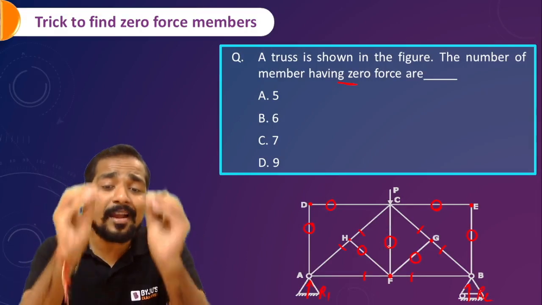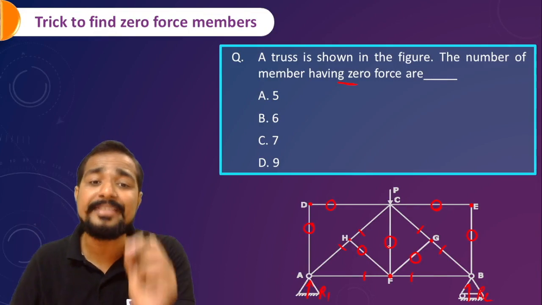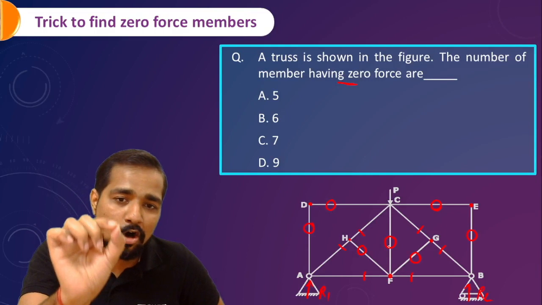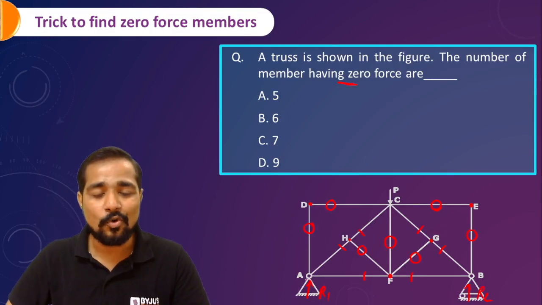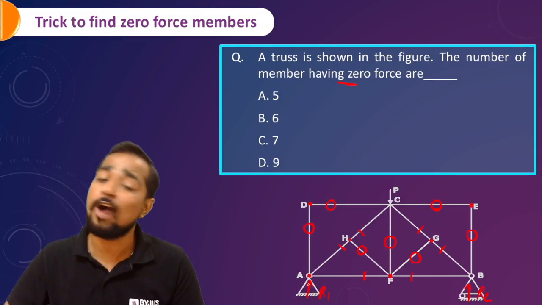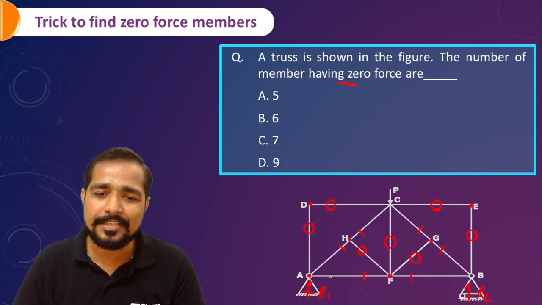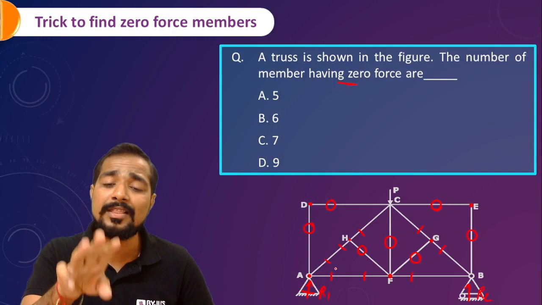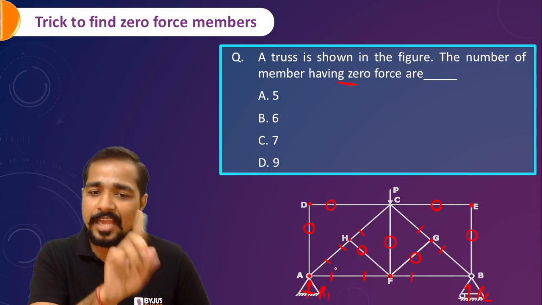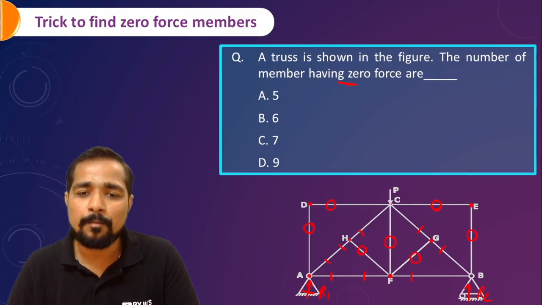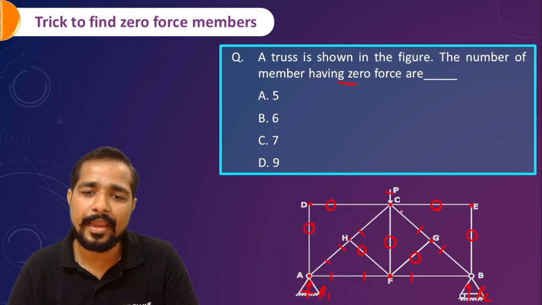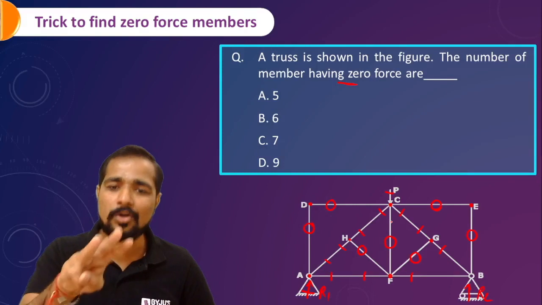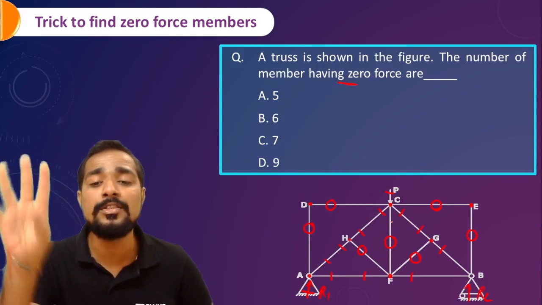You have to check all the joints before writing the answer in the option. So at this joint, if you check how many force members are acting, sir? 1, 2 and 3. All the three are non-collinear. All the three will have non-zero value. This A point is checked. Mark this point also. How many forces? 1, 2, 3. All the three non-collinear. All the three will have non-zero value.